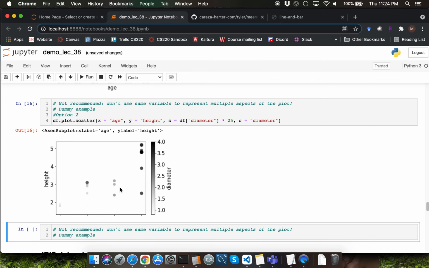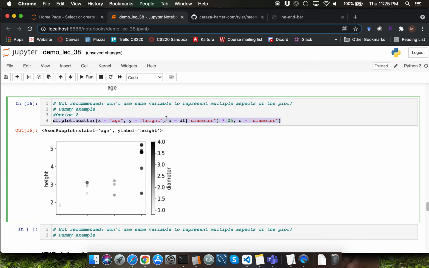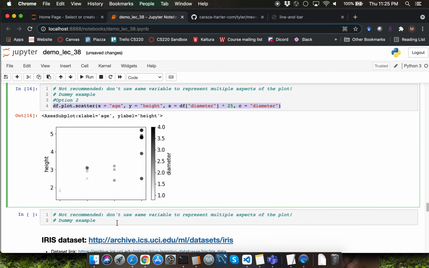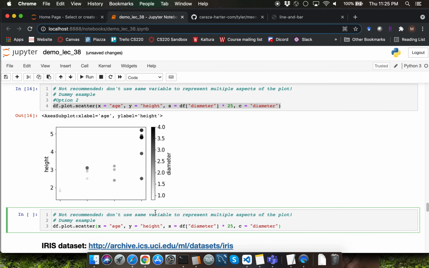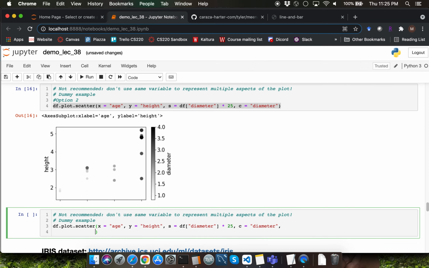So I'm going to talk about one problem with this plot, which is that the value which is 1.2 diameter is very close to white scale. You can barely see the points which have diameter of 1.2. Let me introduce to you the vmin parameter, which is going to enable us to fix this particular issue. As the name suggests, vmin is going to enable us to set the minimum value for this particular setting, which is going to be